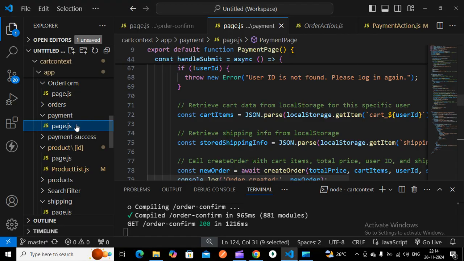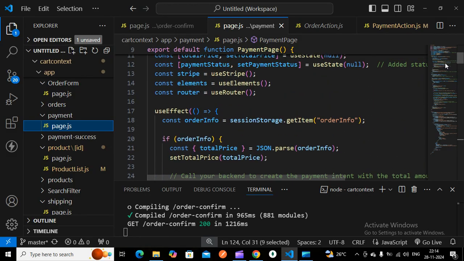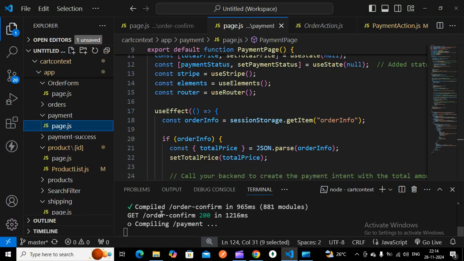Once we go to this particular payment page, here you can see I have a useEffect. In the useEffect, you will be getting that particular order info. In the order info, you will be getting the total price, shipping price, everything is in the order info. So I'm just storing it in some variable here.